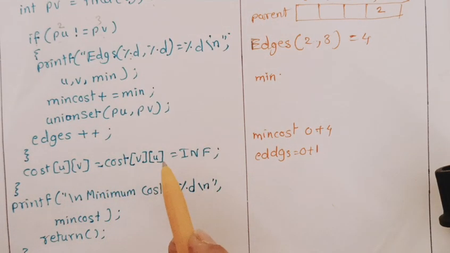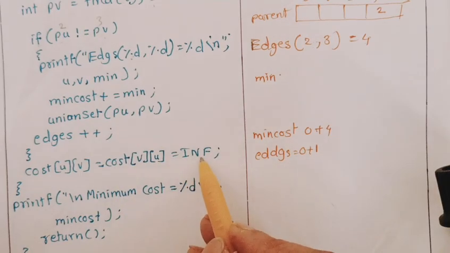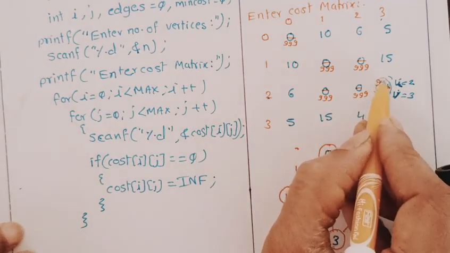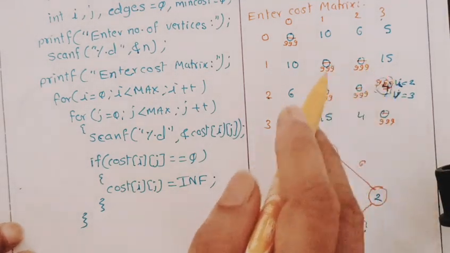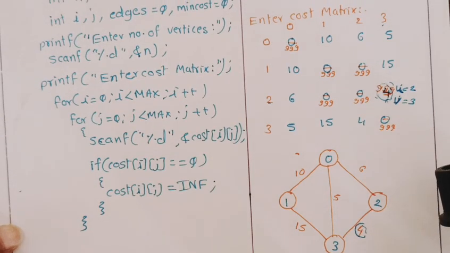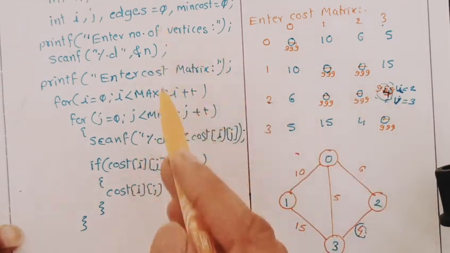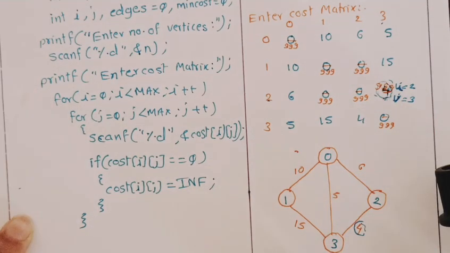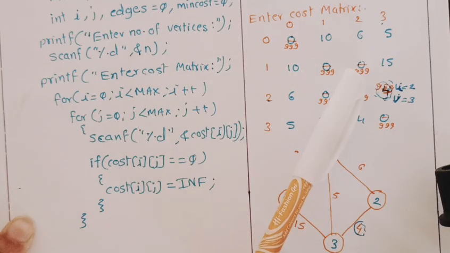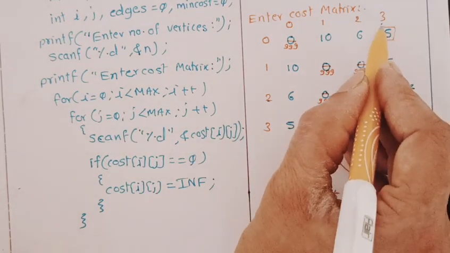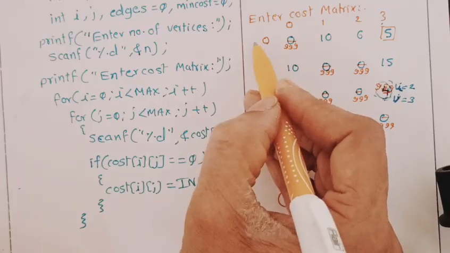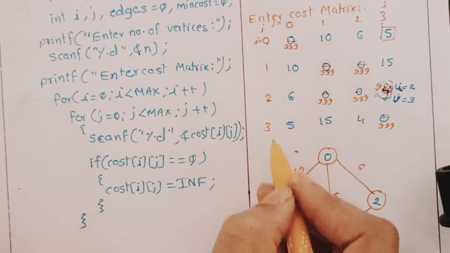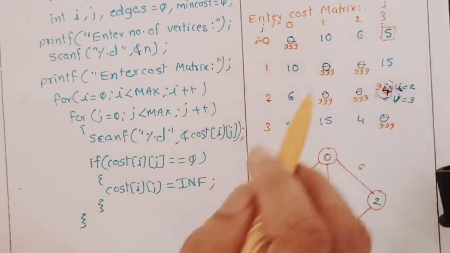For whichever minimum value you use, you have to remove it and put INF. So you have to remove this minimum value and put 999 there, so you can find the next minimum value. If you keep this 4, next time the minimum value will come as 4 only. So you have to remove that one and find the next minimum value. Using this we find the next minimum value, which is 5. So U value is 0, I index is 0. These are the J values and these are all I values. So I value we put into U and J value we put into V.